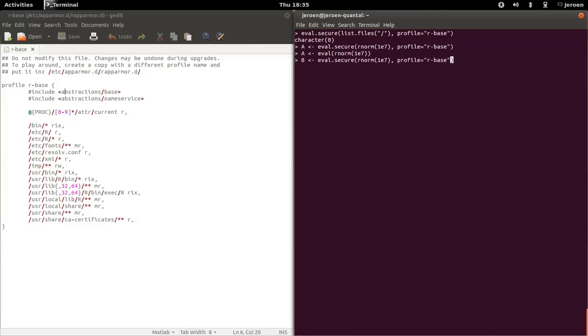However, suppose we are setting a RLimit AS value to 10 megabyte. Now this will fail just as it did before, because the expression is trying to use more memory than the limit allows. However, the nice thing about using eval.secure is that even though it results in the same error as it did before, we do not have the permanent side effects on the main R session. So the main R session still doesn't have hardware limitations. It was only applied for the duration of evaluating this